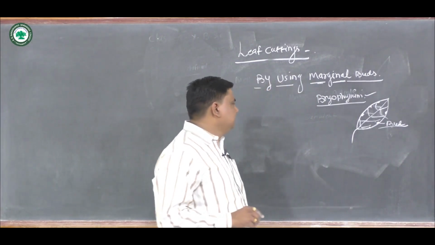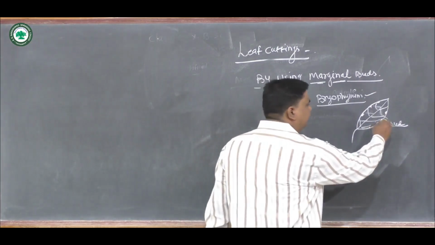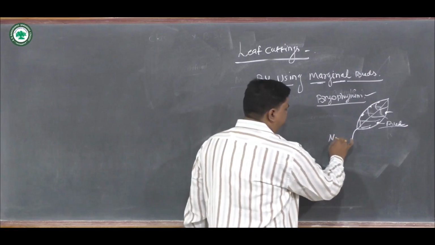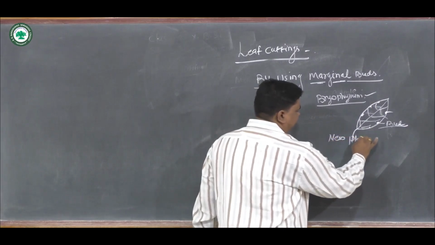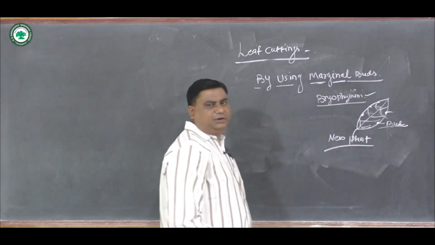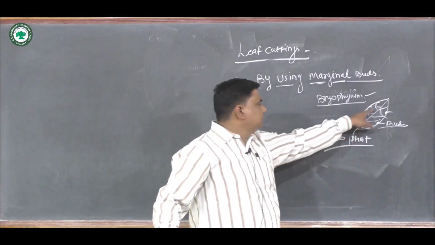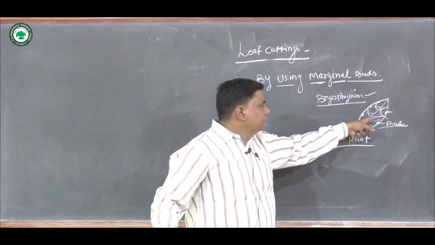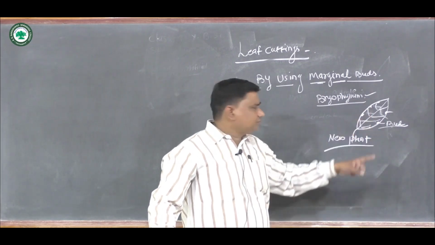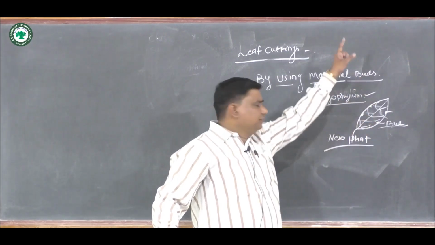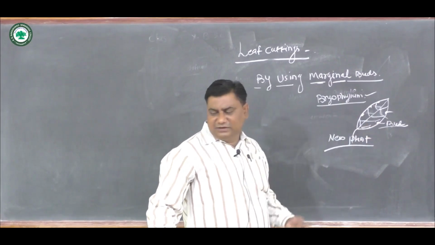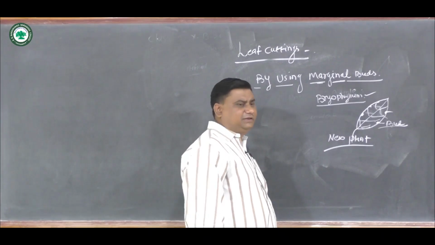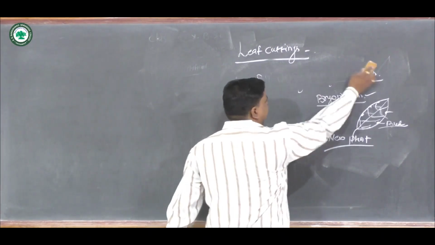Then each of these marginal buds produces a new plant. Okay, so here each bud produces or develops a new plant. This much happens, and the typical example of this case is bryophyllum. Okay, then the third one,